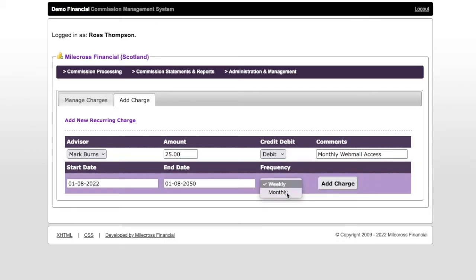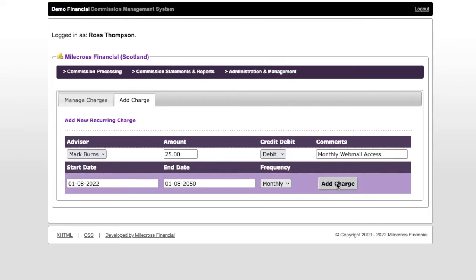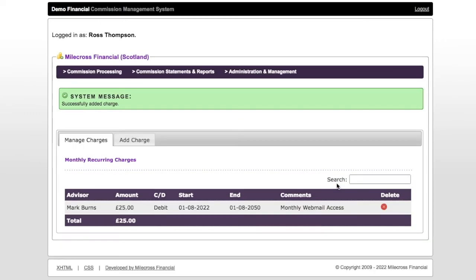And finally, frequency we set to monthly because it's a monthly recurring charge. And press the add charge button. And we can see then that that has been stored in the system, that Mark Burns is to be charged £25 a month from the 1st of August 2022 to the 1st of August 2050,